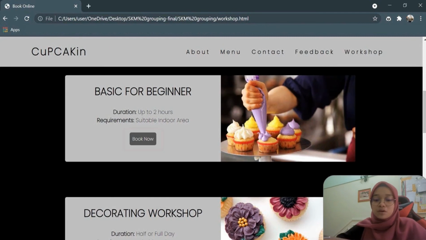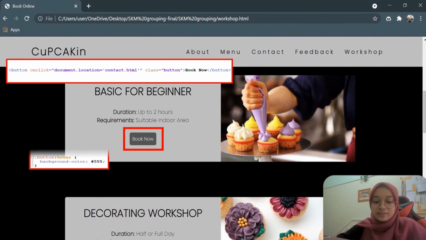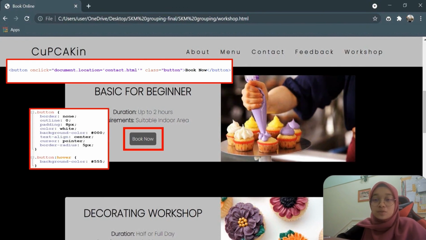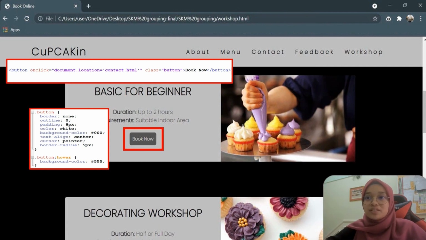For the button box, I put it in a button tag under a class name button. The properties are the border is 0, the outline is 0, the padding is 8 pixels, the color is white, the background color is black, the text align is center and the cursor will be pointer and the border radius is 5 pixels. Then, when the user hovers the cursor over the button box, the background color will change to a different color which is lighter. And when the user clicks the button box,